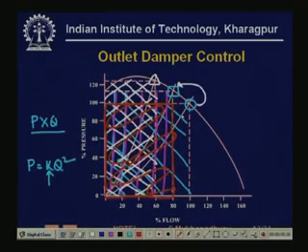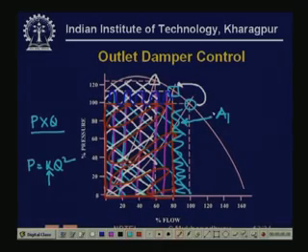This is gone, on the other hand, and this is added. So the energy saving comes down to the difference between this area A1 and this area A2,